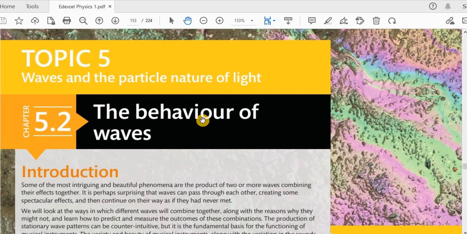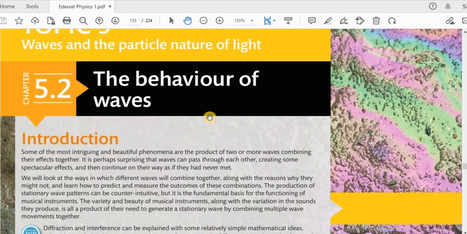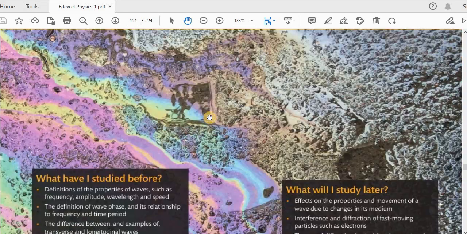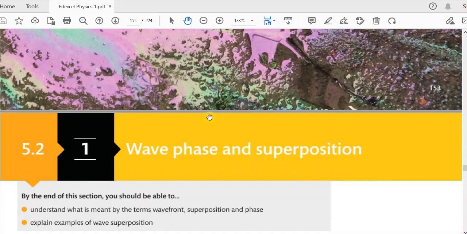In the previous video we went through chapter 5.1, and that was the beginning of our introduction to waves. We saw the wave basics. Now we will continue from chapter 5.2, the behavior of waves. Under this chapter we have several subchapters, and in this video we will discuss this subchapter 5.2.1, wave phase and